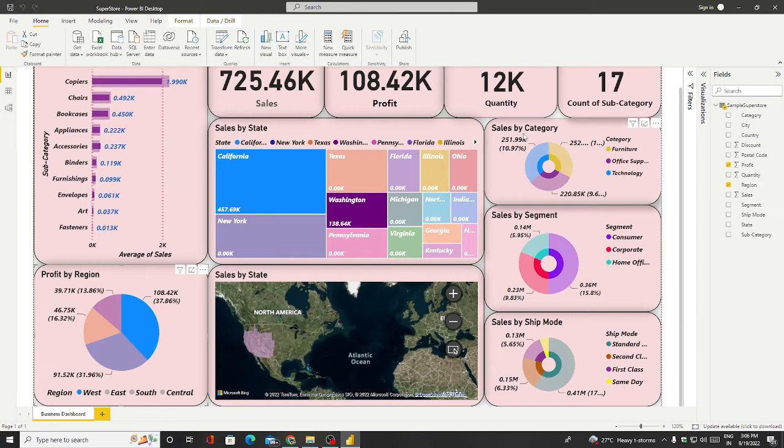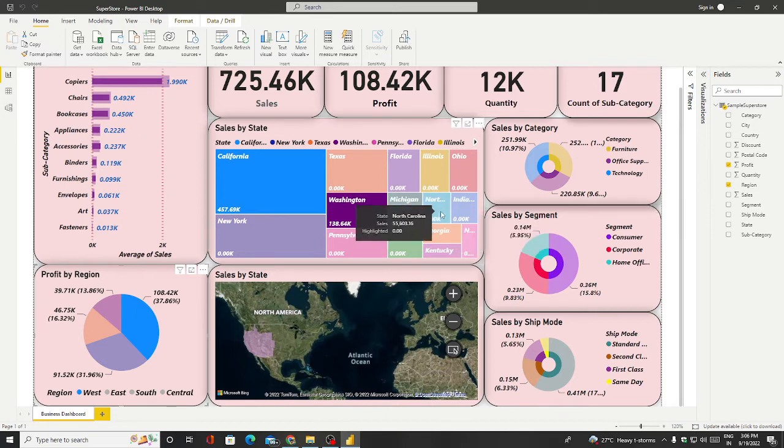So the sales by category, you can see that in the western region the products ordered are furniture, office supply, and technology, where furniture is 252,000, office setup is 220.85 thousand, and technology is 251.99 thousand. So you can see how responsive